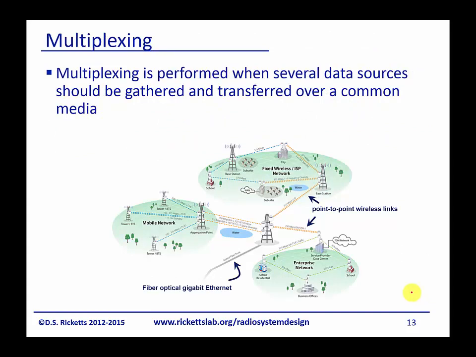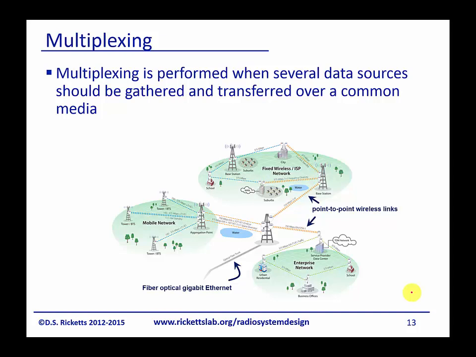And finally, let's talk about the idea of multiplexing. Multiplexing is when we're taking several pieces of data and we're going to put them into a single stream. So it's a little bit different than multiple access. Multiple access is about phones talking to one station at a time. Multiplexing is about taking that information once it's received and sending it through a single